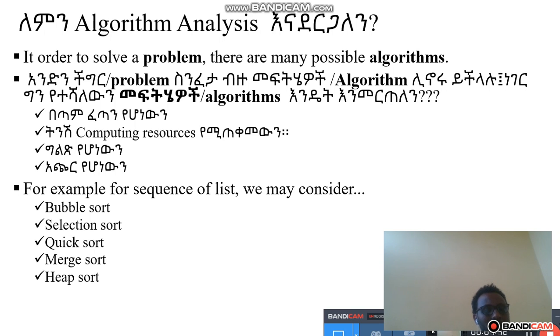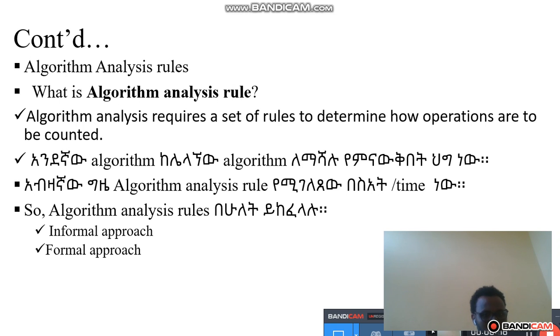algorithm ለመለየት algorithm analysis እናደርጋለን ማለት ነው for example for the sequence of lists we may consider ለምሳሌ sequence of list ወይም ደግሞ ሶርት ለማድረግ በብል ሶርት ልንጠቀም እንችላለን selection ሶርት ለማየት ልንጠቀም እንችላለን quick ሶርት ልንጠቀም እንችላለን merge ሶርት ልንጠቀም እንችላለን heap ሶርት ልንጠቀም እንችላለን ማለት ነው ስለዚህ በእነዚህ ሜካኒዝሞችን ተጠቅመን አንድ sequence ወይም ደግሞ የተሰጠንን ሊስት ሶርት ማድረግ እንችላለን ማለት ነው ስለዚህ ስለ በብል ሶርት ስለዚህ types of sorts chapter 2 ላይ ዲቴል ስለምናይ we'll see it on the next portion